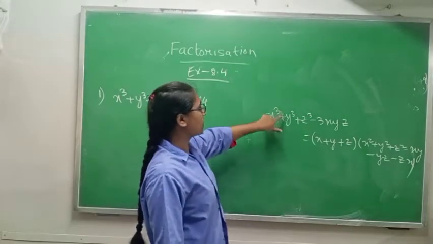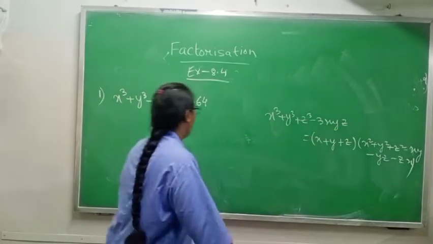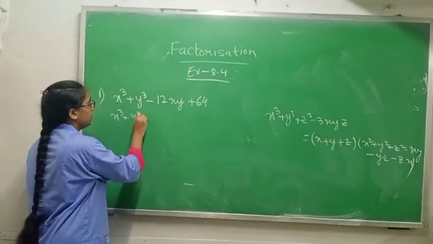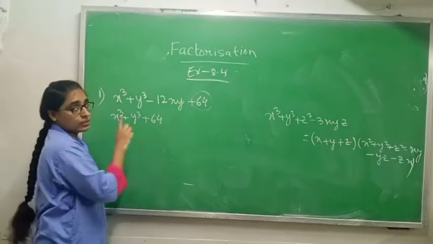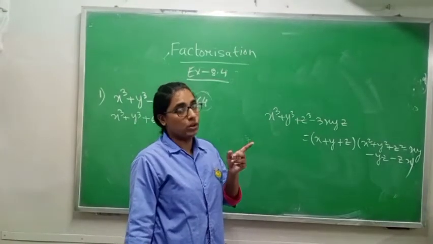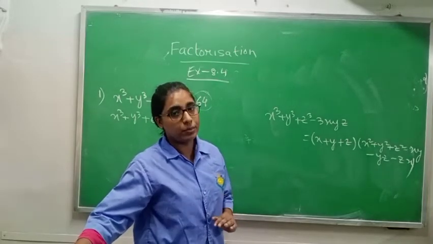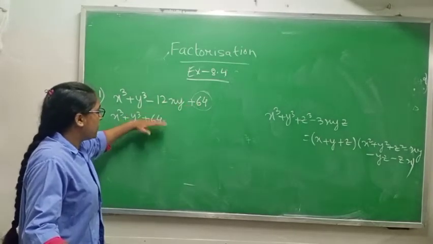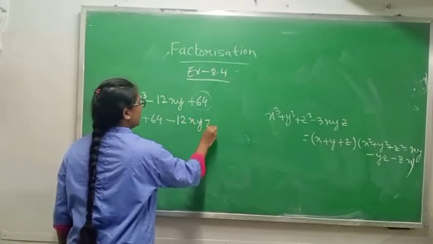Now you can see here you have x cube plus y cube plus z cube, after that you have minus 3xyz. In our question you have x cube plus y cube, but plus z cube is this one. So first we will write plus 64. Why? Because we can make a cube of 64. In the third term it is z cube, so we have to write such a number that we can make a cube of. So I am taking plus 64 first, and in the last I am writing minus 12xyz.